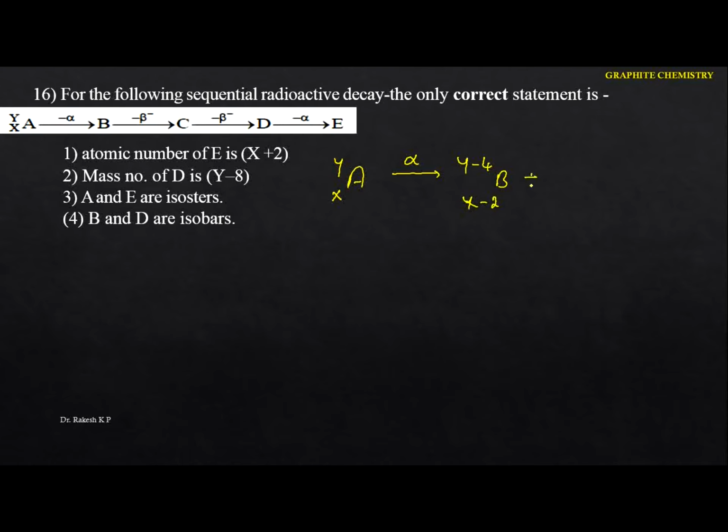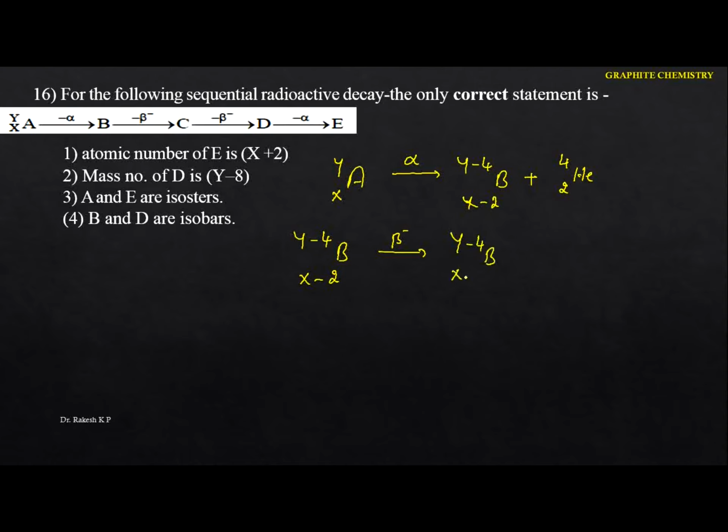Okay, so now we have the 4, that is the atomic mass and the atomic number of helium. Now this is the particle B we got. Let me take the B as it is here. This is Y minus 4, and next is X minus 2. If you do the beta minus decay here, beta minus decay means the mass number remains the same, but there is an increase in the proton. So this remains the same, that is Y minus 4, that is the B.